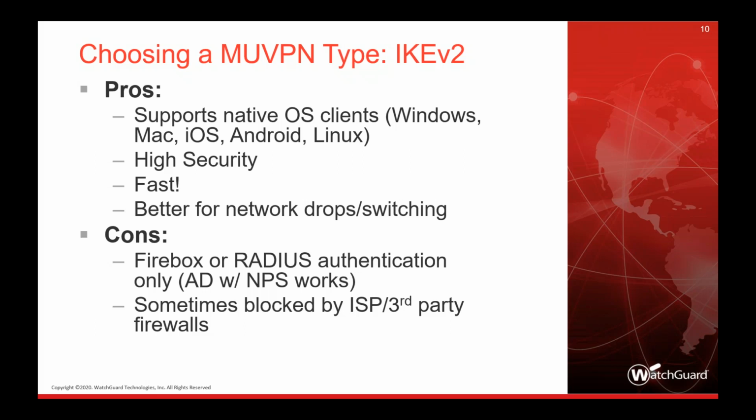There is a workaround for that. If you want to use Active Directory group synchronization, there's something on AD called NPS, Network Policy Server. It's a free plugin on Windows that actually builds a RADIUS server on your Active Directory domain controller. And you can plug your IKEv2 VPN into NPS and then use that to manage your AD group membership